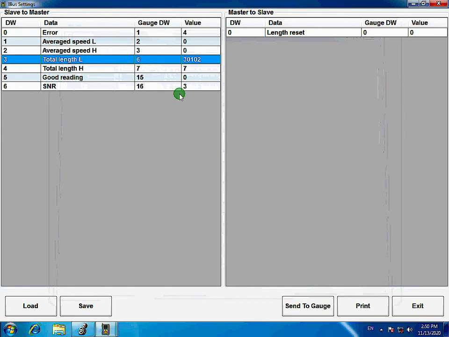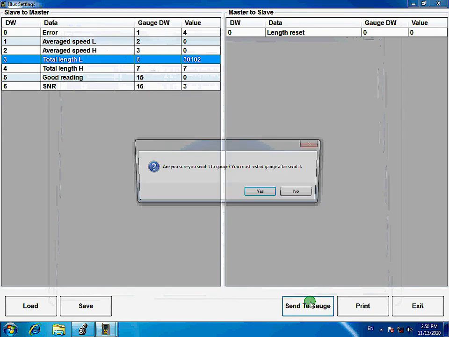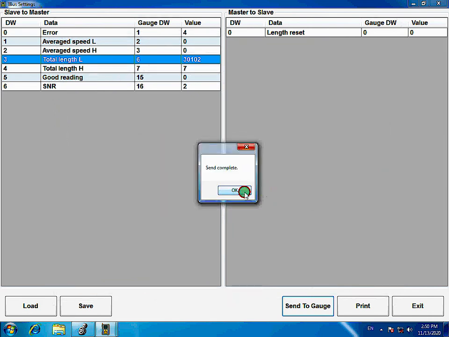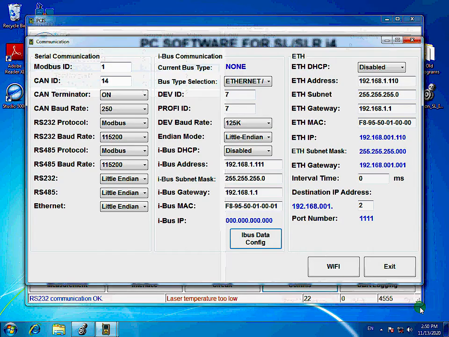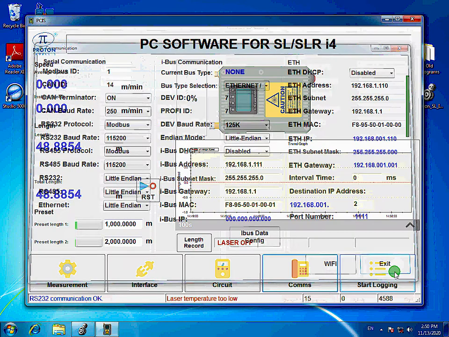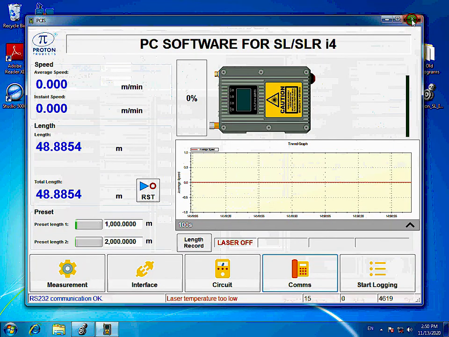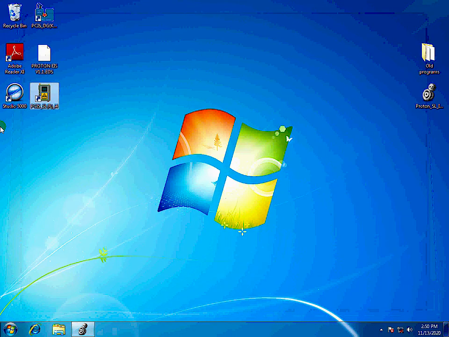Now the data words are selected and we hit send to gauge so that this configuration is now in the gauge. And we can hit exit. Now we need to recycle the gauge power so that all the changes we just made will take effect. So we just recycle the gauge power and then we run the PCIS again,